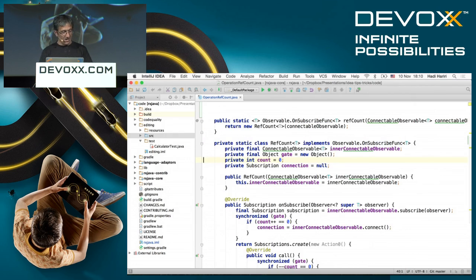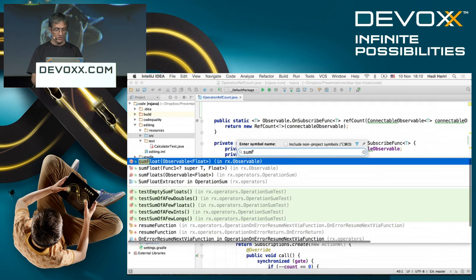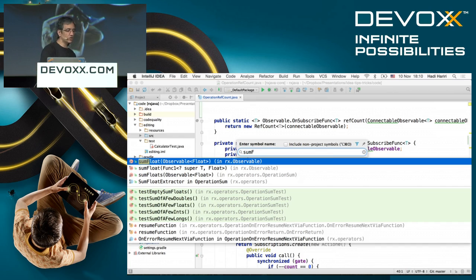I'm just joking. So Command Option O looks up symbols, right? For instance, if I write some float, you can see that it looks up some float. Now the problem with that is what? If you have a web project and you have something like index in there, you're going to have thousands of indexes. And if you look up a symbol across the entire project and you look up index, it's going to show you everything.